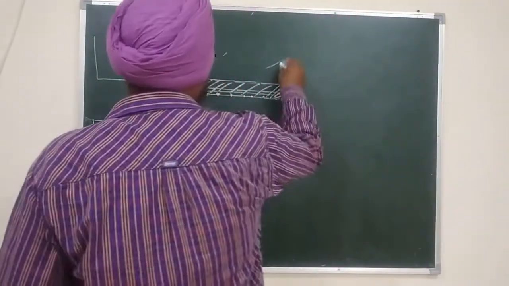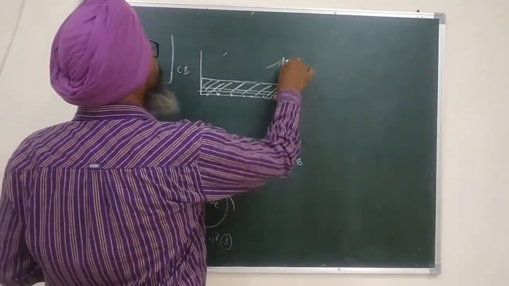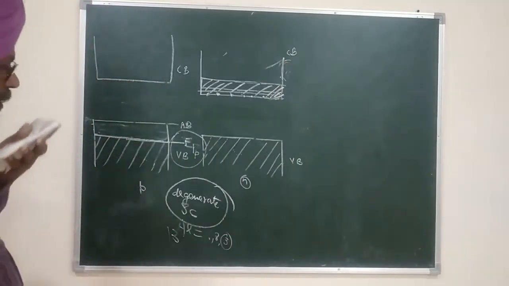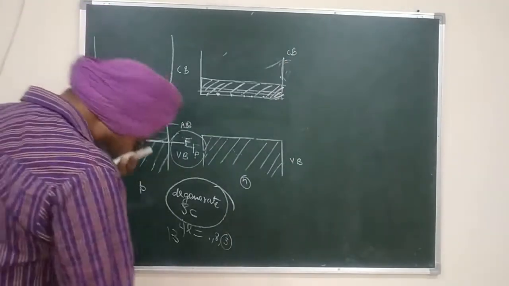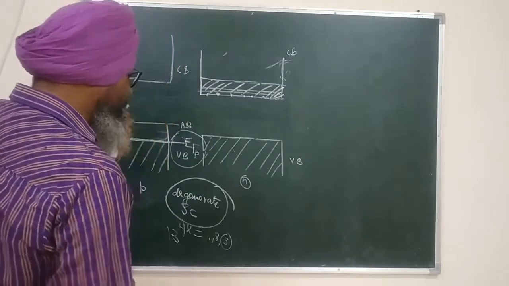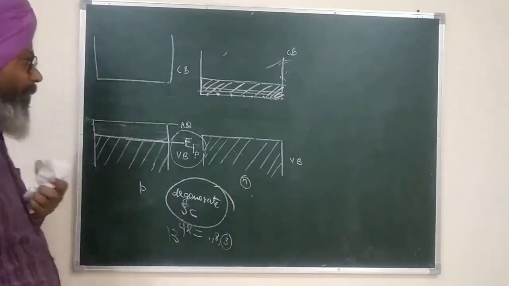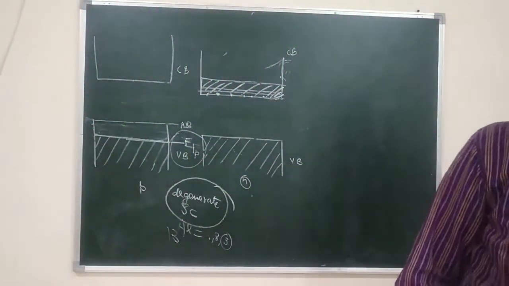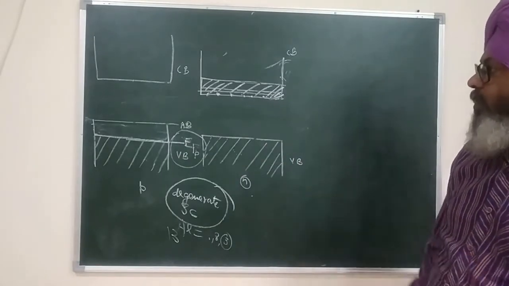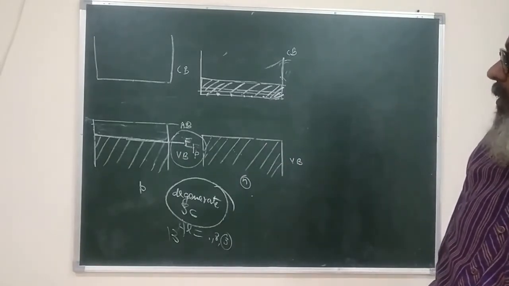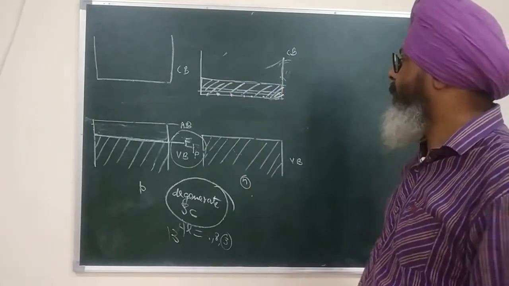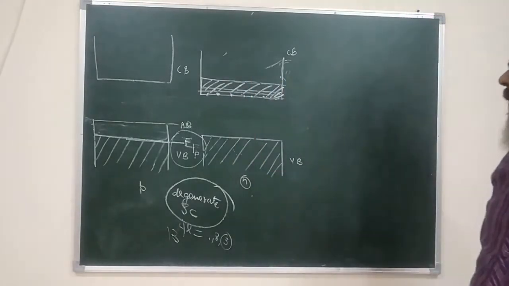Okay, let us move. Kindly remember these diagrams. So this is an isolated n-type semiconductor. This is an isolated p-type semiconductor. It is still not a diode formation. Diode formation takes place when we join an n-type semiconductor with a p-type semiconductor. Now please remember, when you join n-type and p-type semiconductors, what is going to happen?